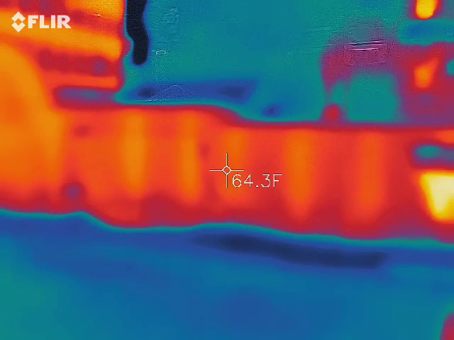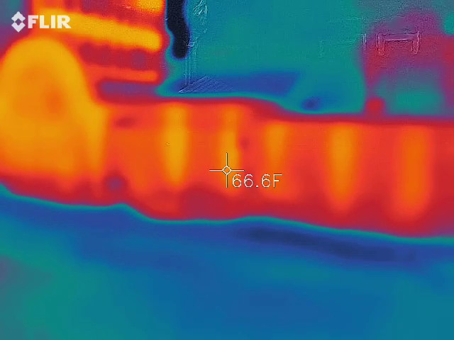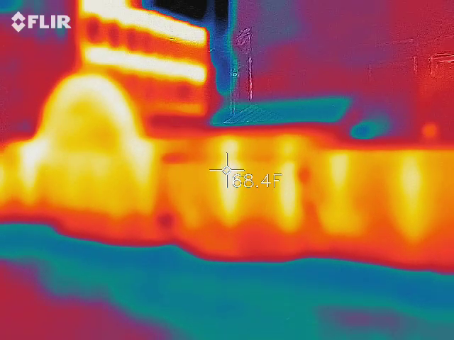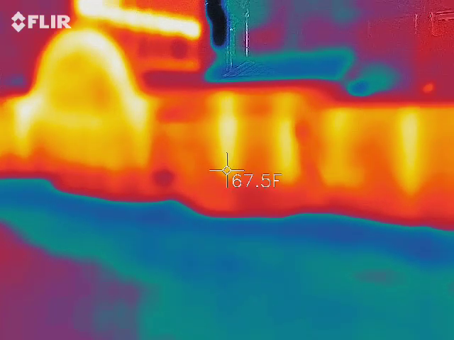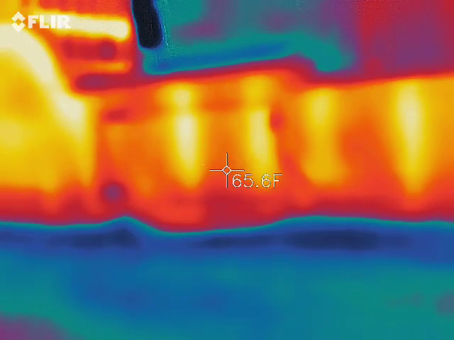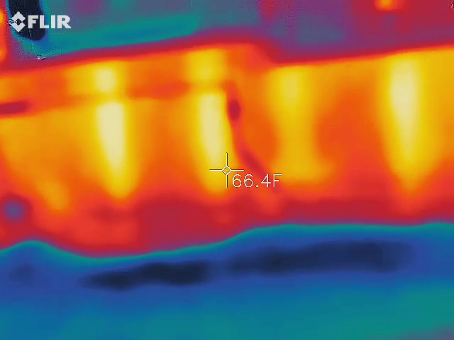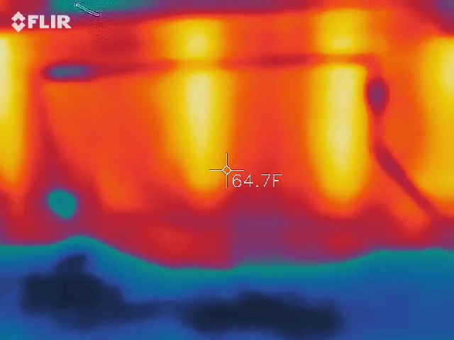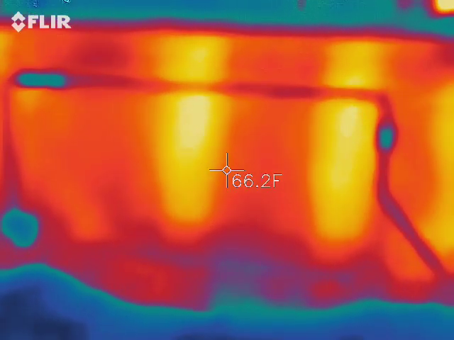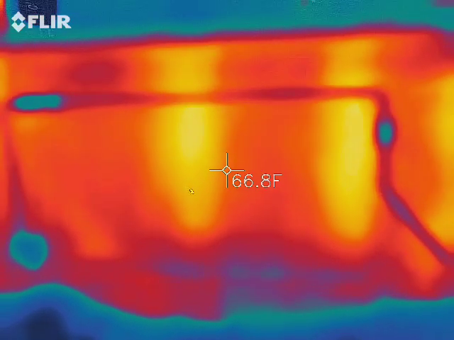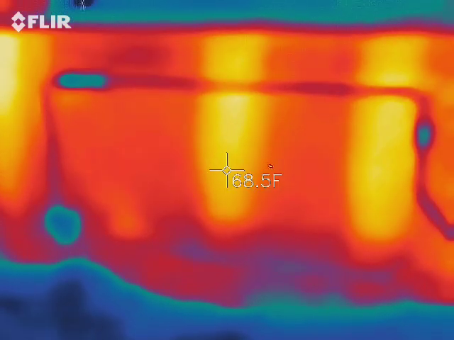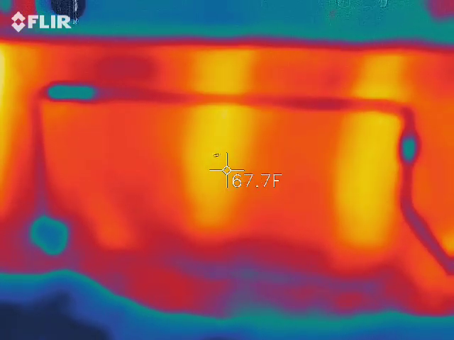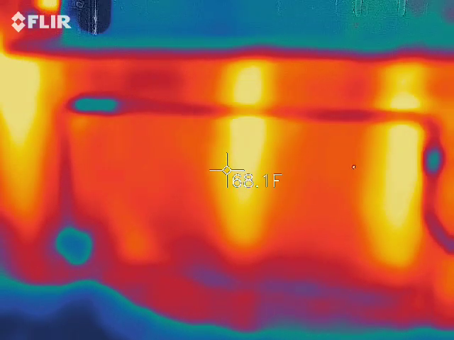60.2. 59. 61. I probably got to get closer. 62. 60. 61.8. 62. 62.4.